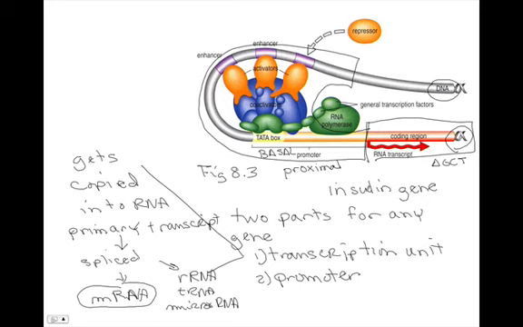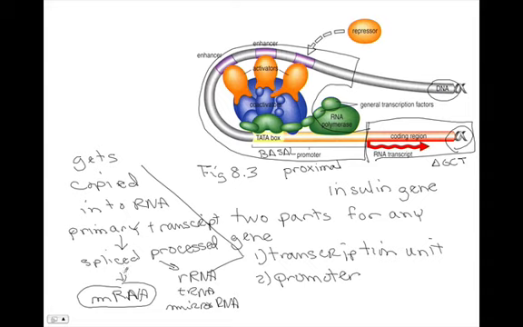The insulin gene has a transcription unit that includes the coding region for the insulin protein. What happens there is that the insulin gene in the pancreatic cells gets copied into RNA, and inside the nucleus, the primary transcript gets spliced or processed into mRNA, and the mRNA goes out into the cytoplasm of the pancreatic cells and gets translated into